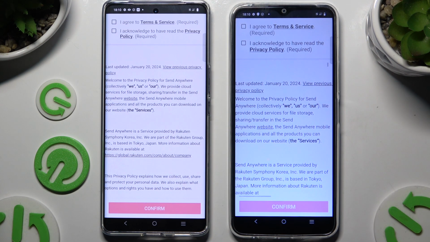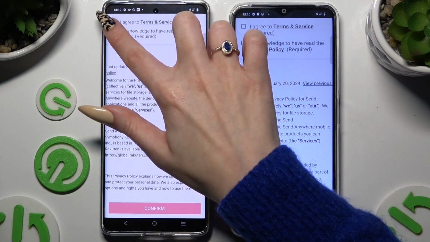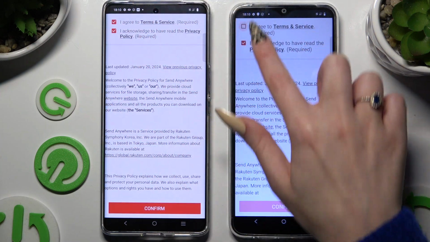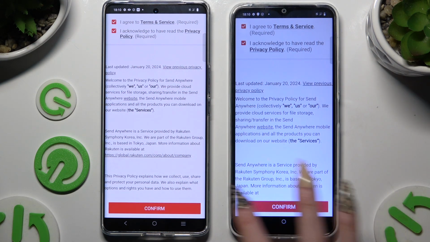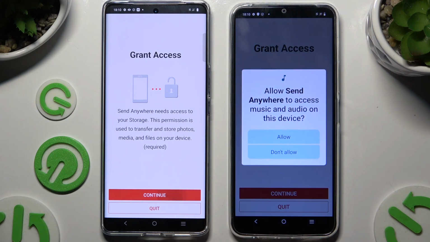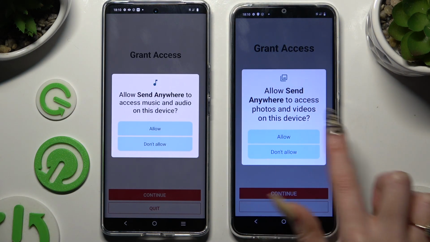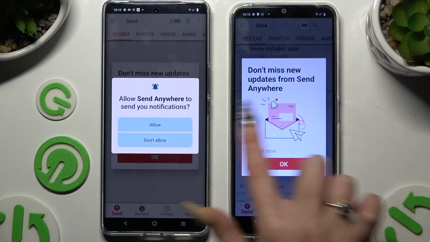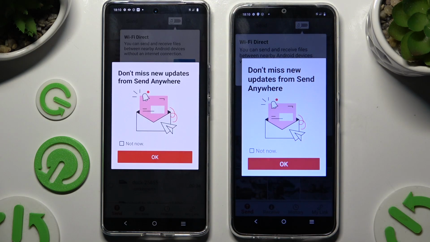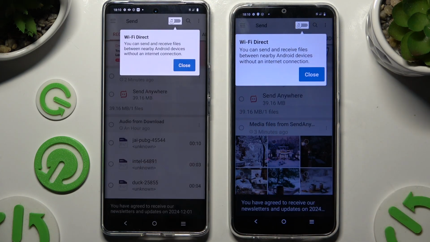Then hit the same options in both to set them up. Firstly, I agree and I acknowledge. Then confirm, continue, and allow. In this window though, about new updates, you can choose whatever you want to, and then click on your device's